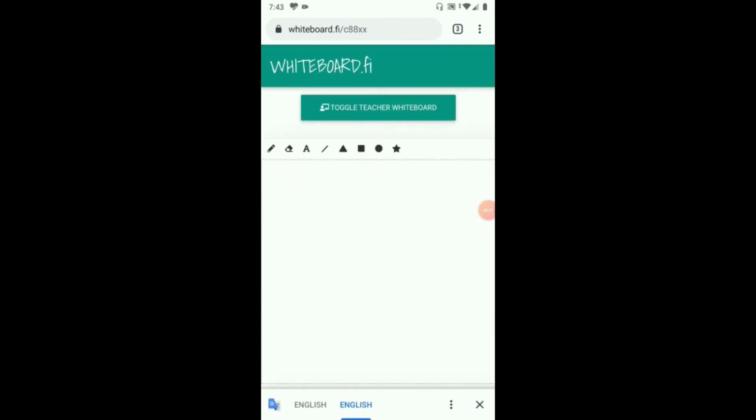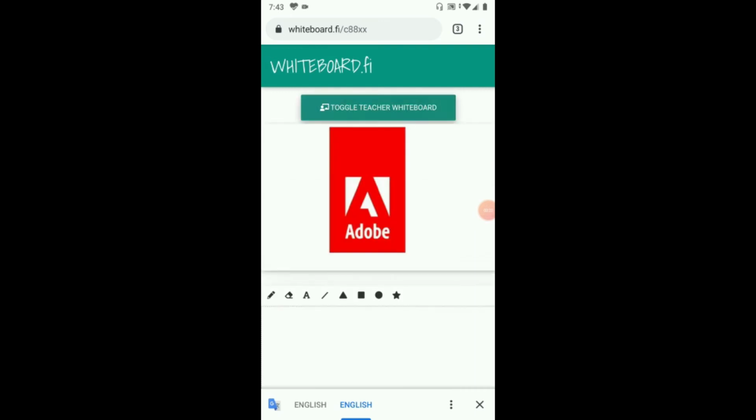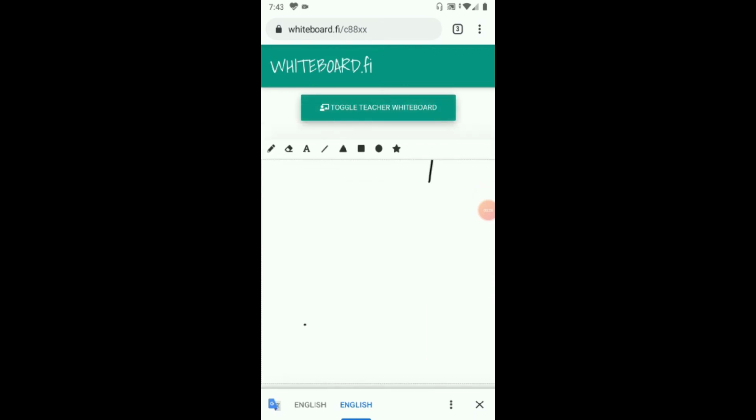When I click on the toggle teacher, it will show the logo, and the student can write on it using his finger. He can write on the board.